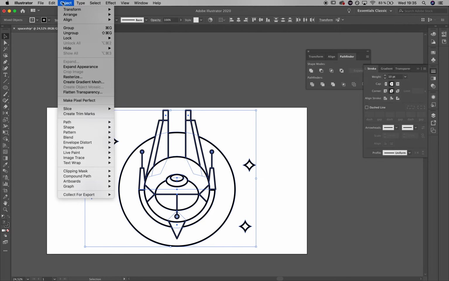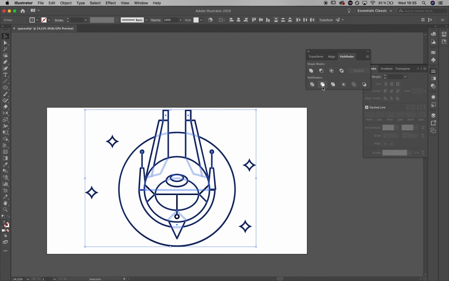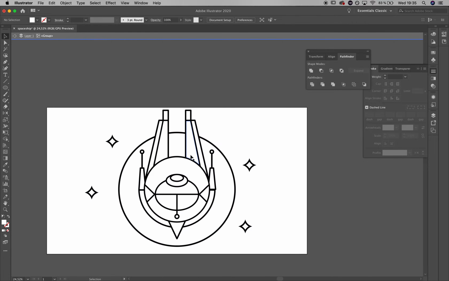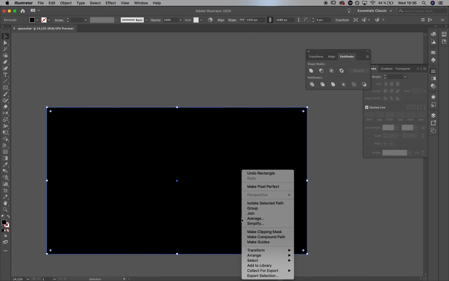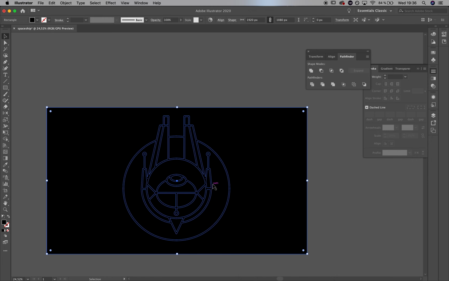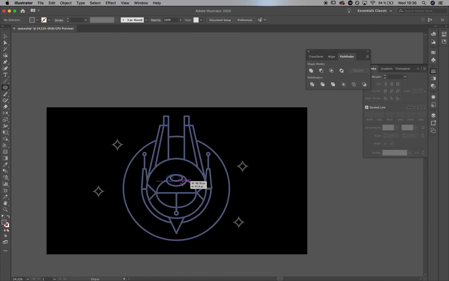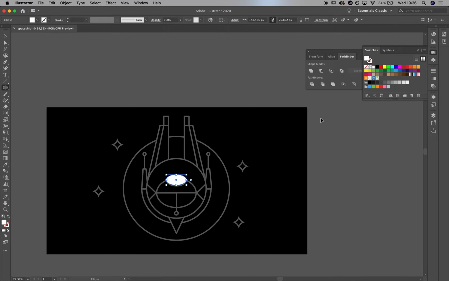I like to have one layer where you only have the outline, but for that we'll need to select everything, go to Object, expand Appearance, and then hit Merge in the Pathfinder window. After I've removed the white parts from what's left in the illustration, I would only like to have an outline, but we need to make it visible on this new background color and start placing shapes underneath it in order to add some color to the illustration and define the main shapes.